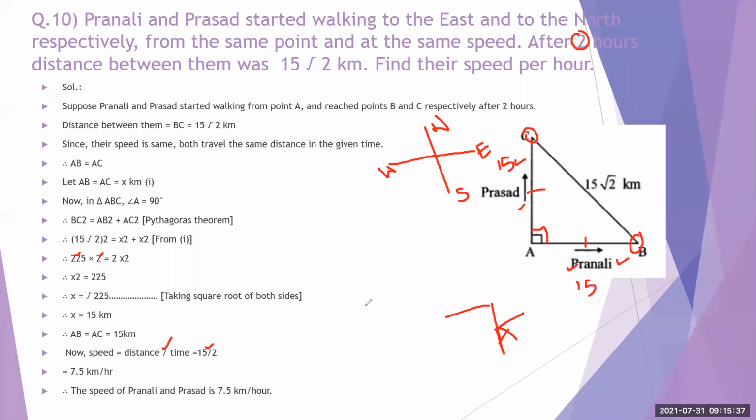And then since we have to find out the speed, we use the formula for speed, that is speed is equal to distance by time. And time आपको दिया था, which is equal to 2 hours, and with the help of that we have found out this. Okay, everyone understood this one?